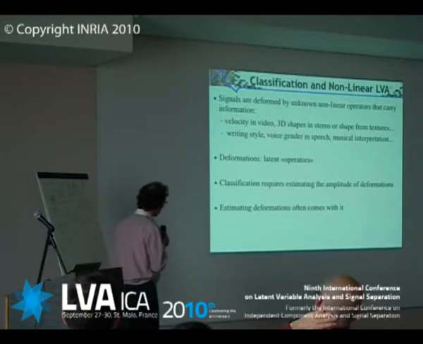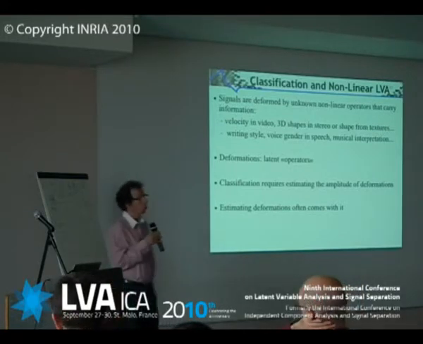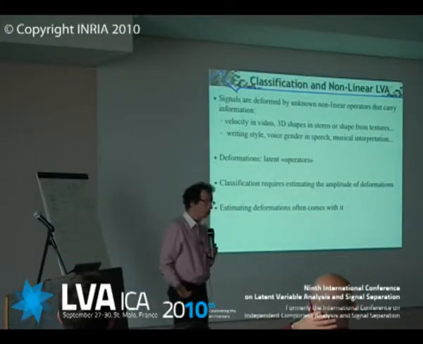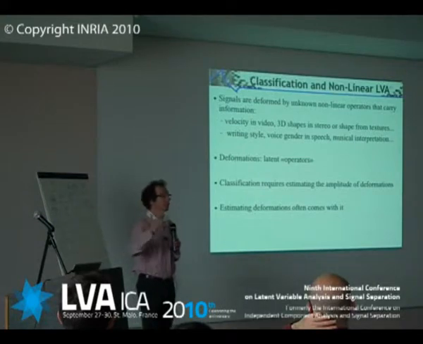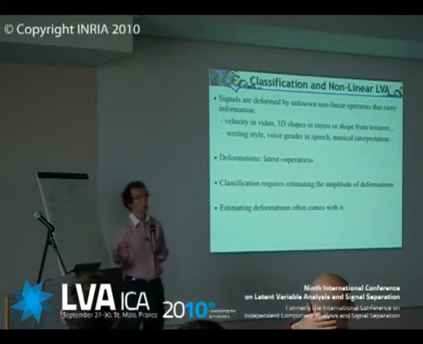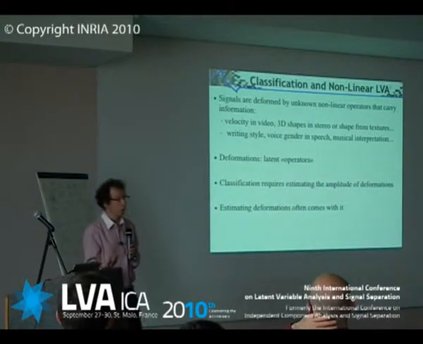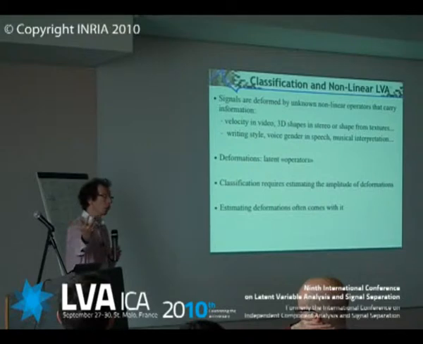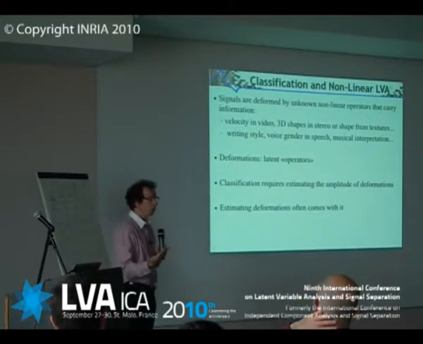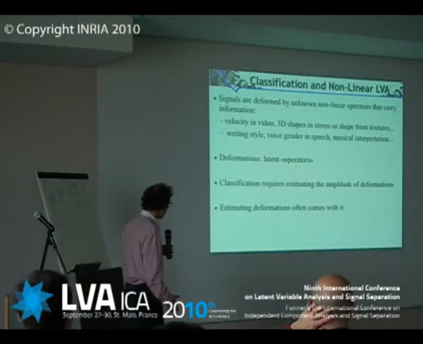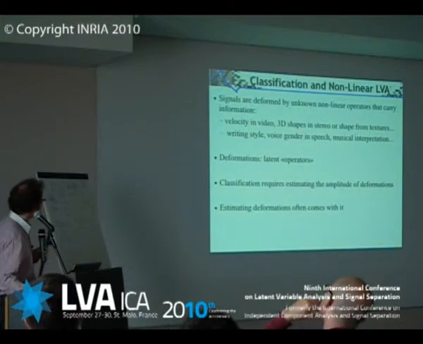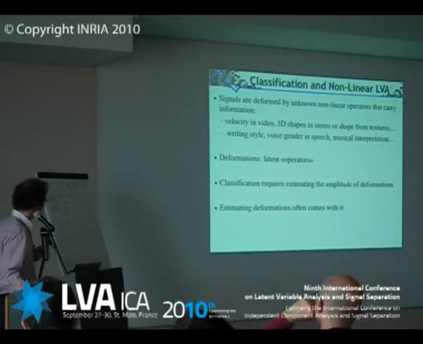If you think of the problem of classification, it requires you to estimate in some sense the deformation amplitude. Why? If you take, for example, a digit, a 2, you may deform it slightly, it will remain a 2, and at one point you will deform it so much that it will be a 3. Okay, so there is a transition from 2 to 3, and the transition is a continuous function of this deformation, and knowing how far along you are is fundamental to be able to say whether it's still a 2 or whether it's a new digit.